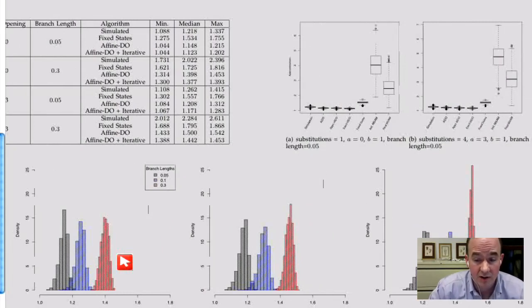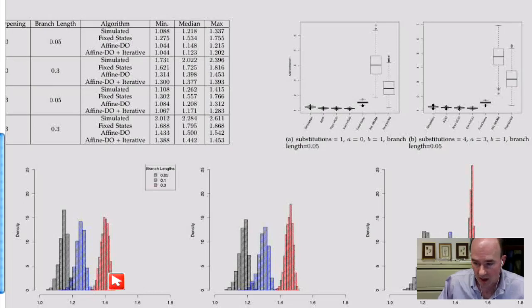Now, if we look at these graphs on the bottom here, we have the distribution for branch lengths that are very short, 0.05, 0.1 intermediate lengths, and 0.3 longer branch lengths. And then we have the approximations of the affine DO or direct optimization. And you can see that for the short branches, we're very tight. We're down around 10%, 15%. And then for intermediate, we're about 20, 25%. And we get to 40 to 50%